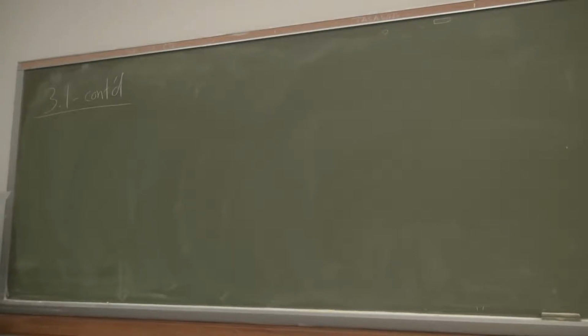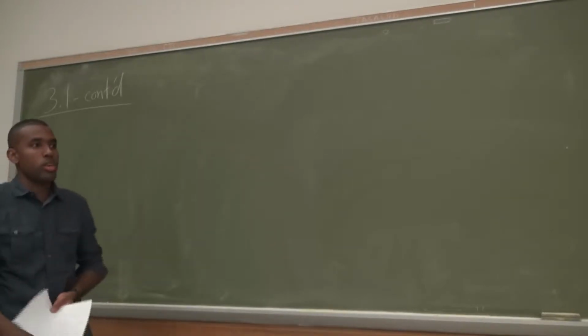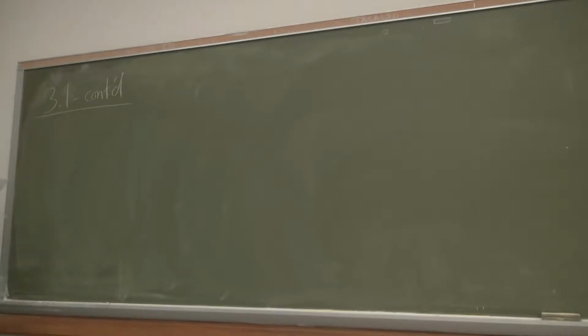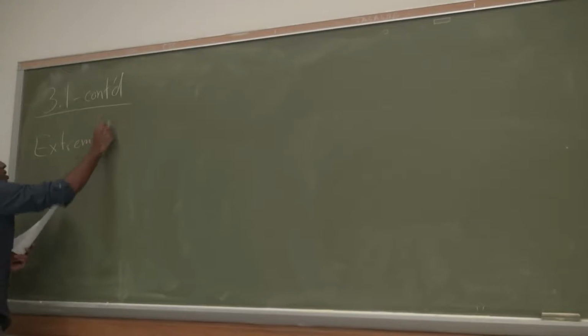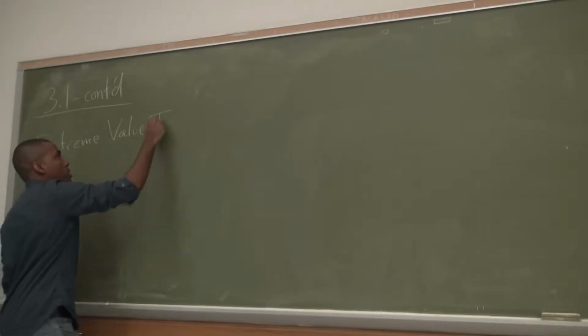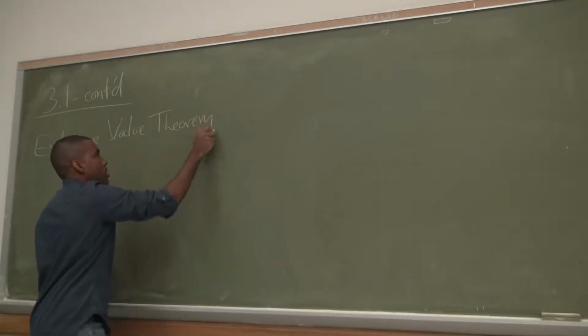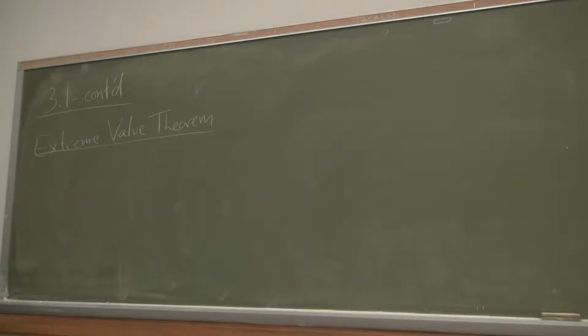So I gave you a bunch of examples about relative maximums and minimums, absolute maximums and minimums, and they didn't always exist, but there are cases where they will always exist. Which brings us to the next topic, the extreme value theorem. Which happens to be a very important theorem. There is a version of the proof of the fundamental theorem of calculus that uses the extreme value theorem. So it's a very important theorem, but it seems pretty simple. Basically it says if f is continuous,